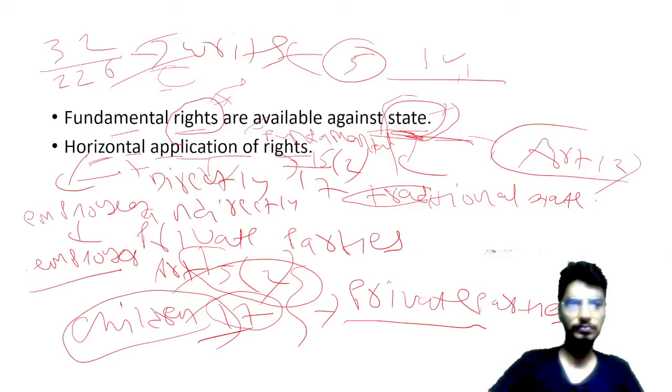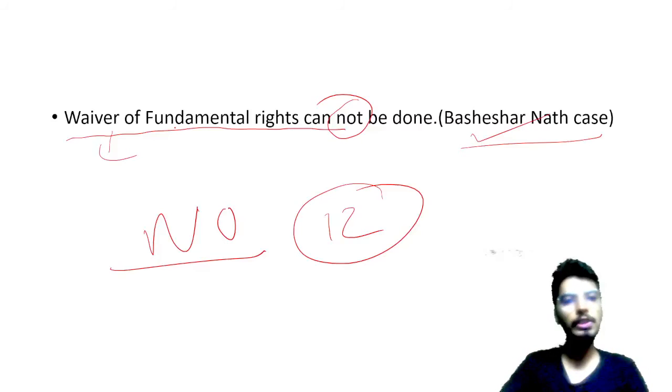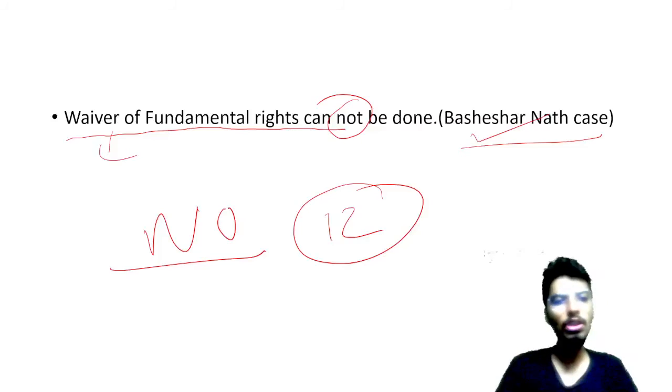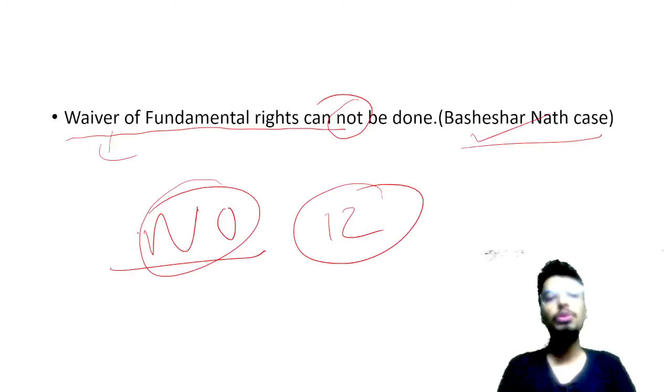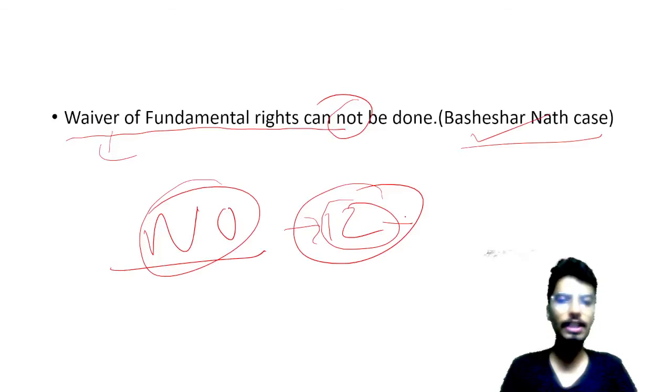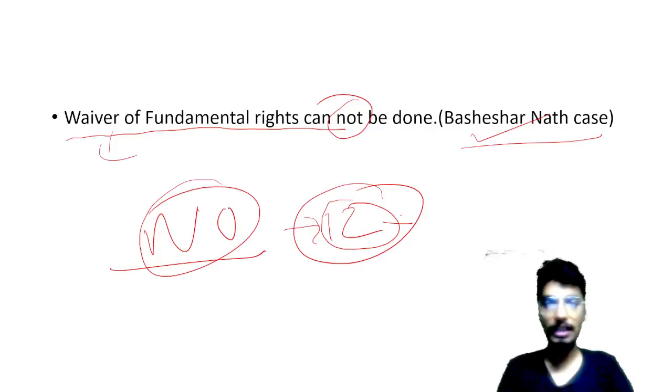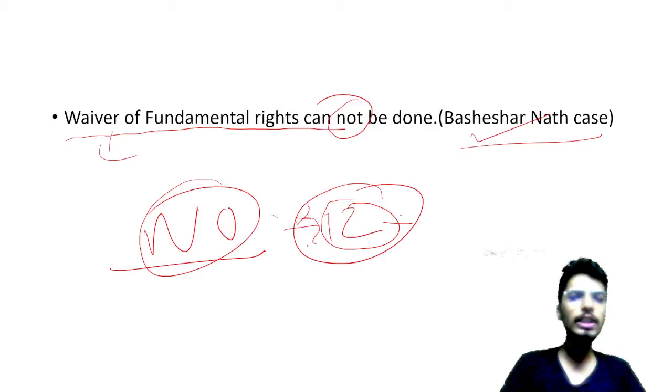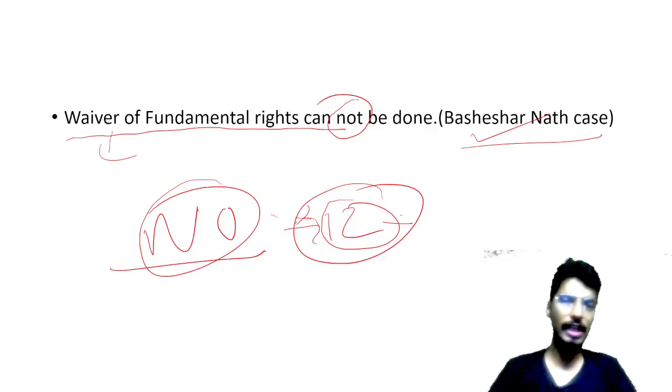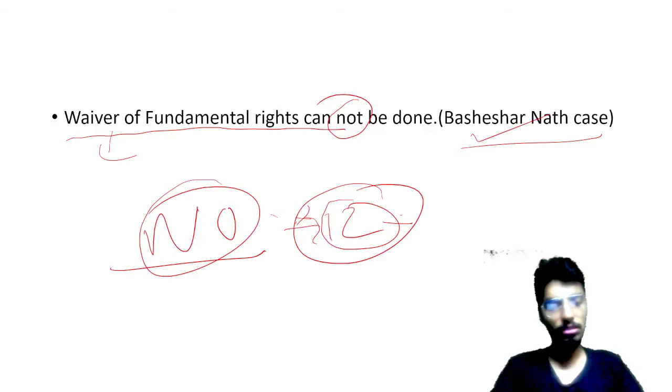Now you see, last important thing which we need to understand in this particular thing which we saw कि क्या वेव कर सकते हैं फंडामेंटल राइट्स को, and the answer is no, we cannot waive the fundamental rights. So after this what we will do is we will understand in the next video कि what do we mean by this term State. ये आर्टिकल 12 के अंदर हम लोग देखेंगे कि स्टेट का मतलब क्या होता है, स्टेट कौन है, स्टेट कैसे कोई है, इसको डिसाइड कैसे करेंगे, इसके क्राइटेरियाज क्या हैं, all these points we will see when we will read Article 12. After that, then again we will read subsequent जो भी आर्टिकल्स आएंगे, like Article 13 and all. So we will end this video with this and then we will continue in the next video.